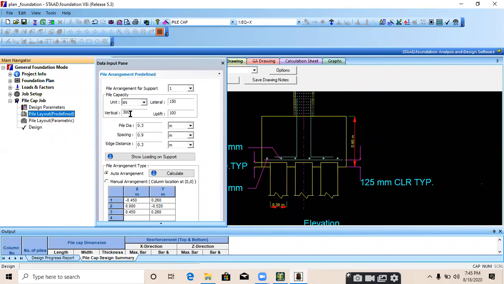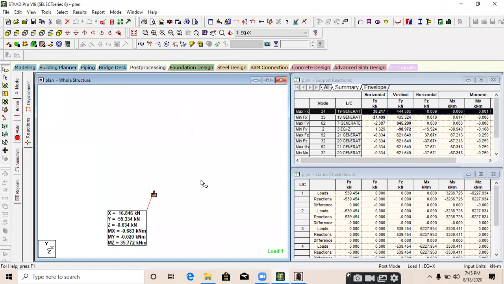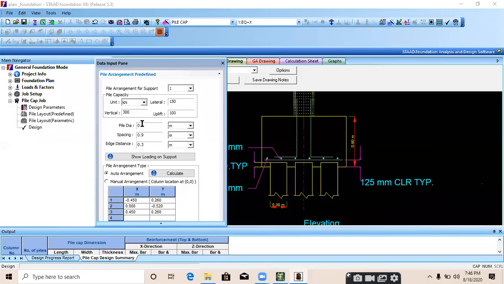It can resist only 300 kilonewton, right? And there is a vertical force of 444 kilonewton, and we are providing a pile of capacity only 300 kilonewton, and there is also uplift force of 100 kilonewton.